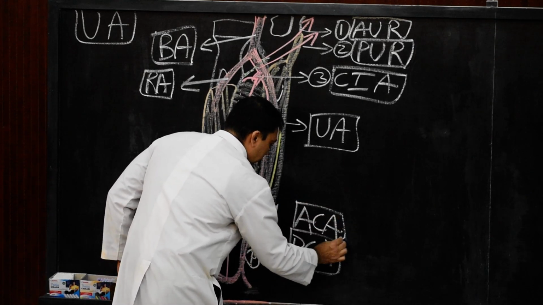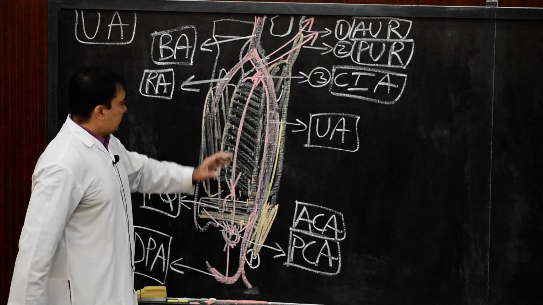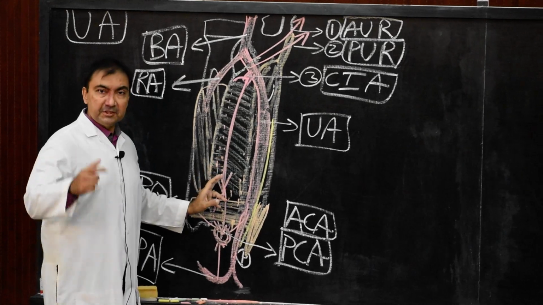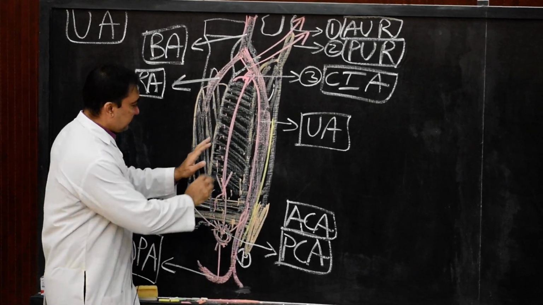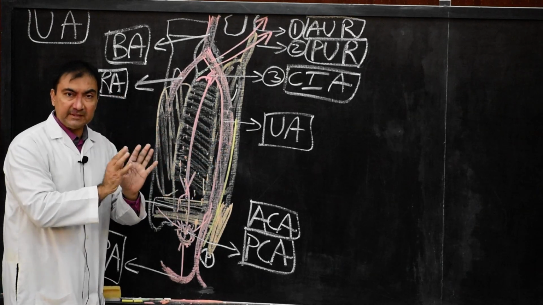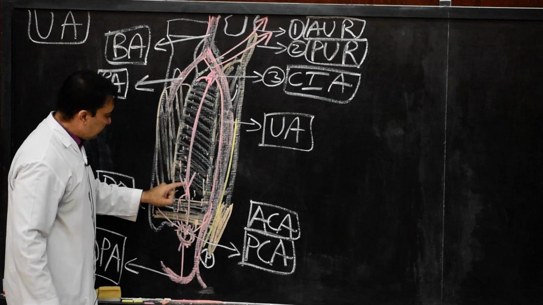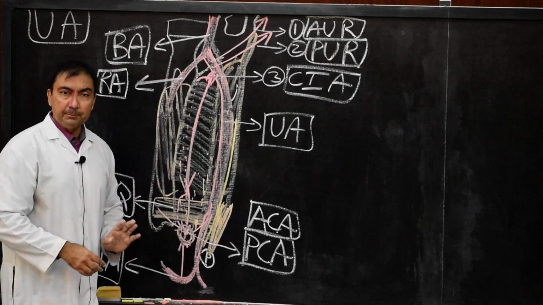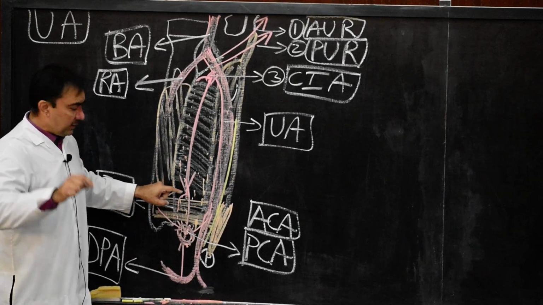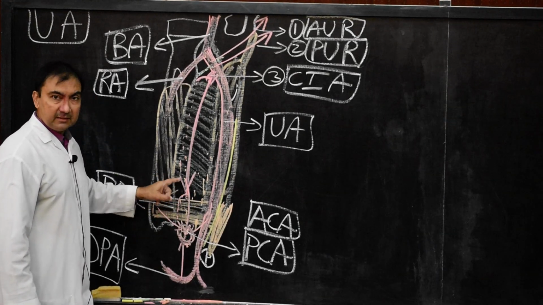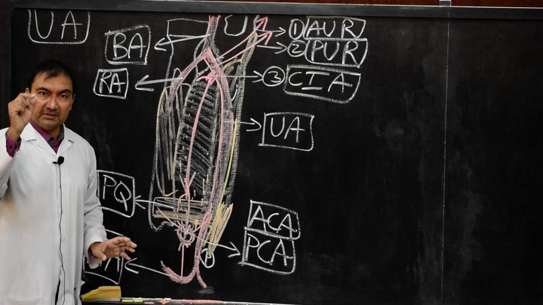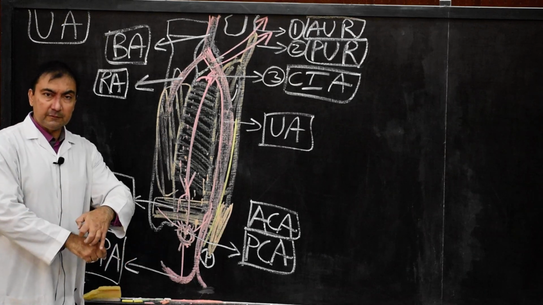So once again, it should be very clear: the anterior interosseous artery is passing in front of the anterior surface of the interosseous membrane, and it is basically lying between flexor pollicis longus and flexor digitorum profundus, the deepest muscles of the front of the forearm. Then it will pass into the posterior compartment. Where and how will it pass? In the gap between the interosseous membrane and pronator quadratus, it will pass posteriorly, where it will anastomose with the posterior interosseous artery in the posterior compartment of the forearm.